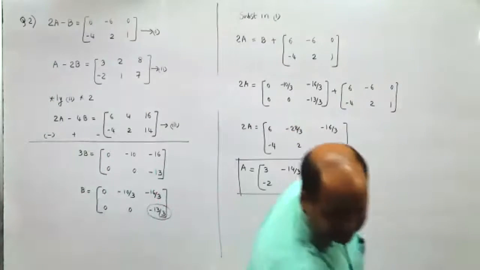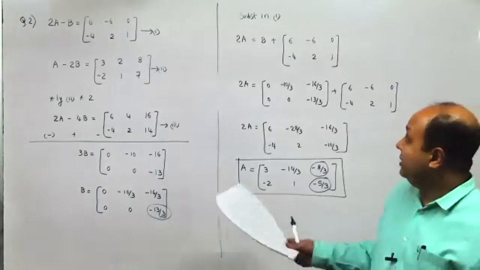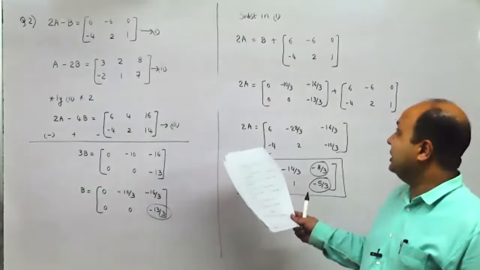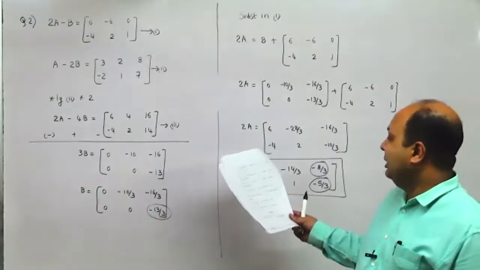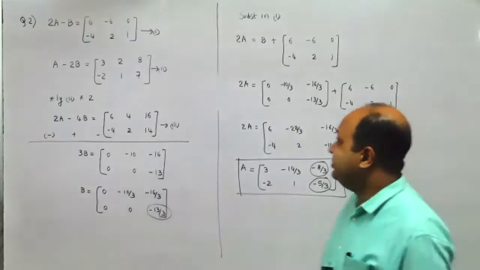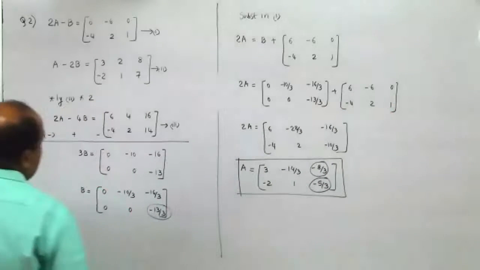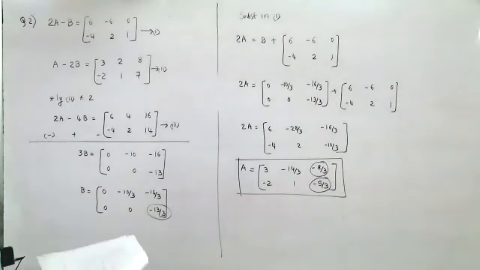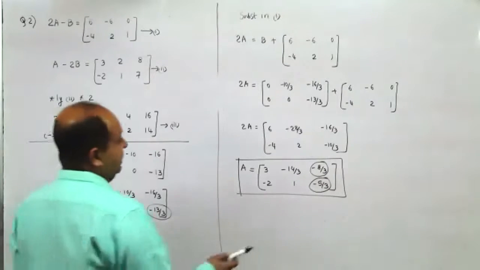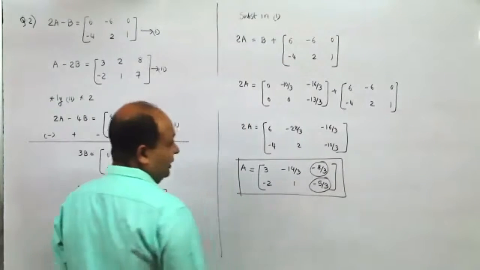This is 3 to 8 minus 2, 1, 7, 6 minus 6, 0 minus 4, 2, 1. As per this question, this is the answer. I don't think I've gone wrong in any calculation as such. Anyone else who feels that I've gone wrong with some calculation? What is the answer you said you get over here?